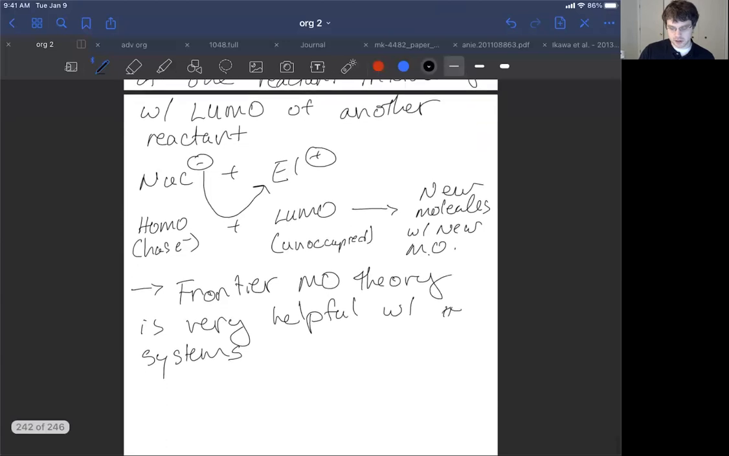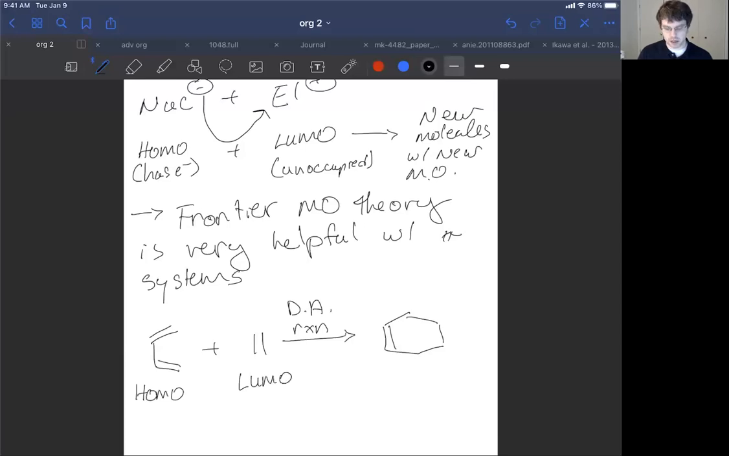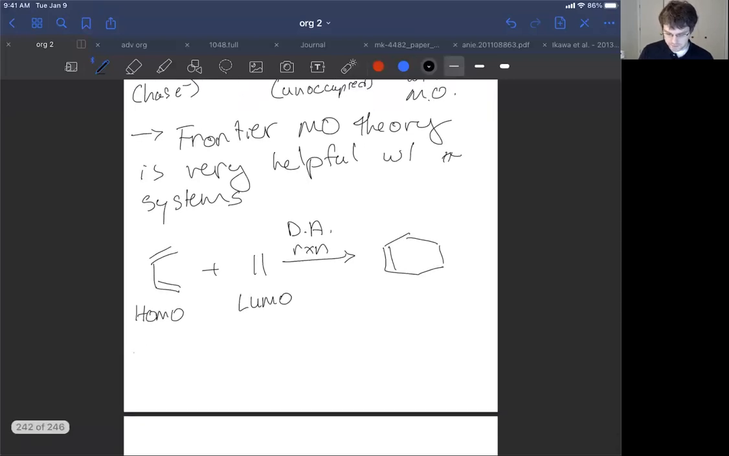That is to say, understanding reactions like when you take a diene and react it with a dienophile to give a cyclohexene. Now we know this as the DA, or the Diels-Alder reaction. Well, it turns out that something else I should mention before I tell you that it's the HOMO of the diene and the LUMO of the dienophile that give rise to the product is that for a reaction to occur,